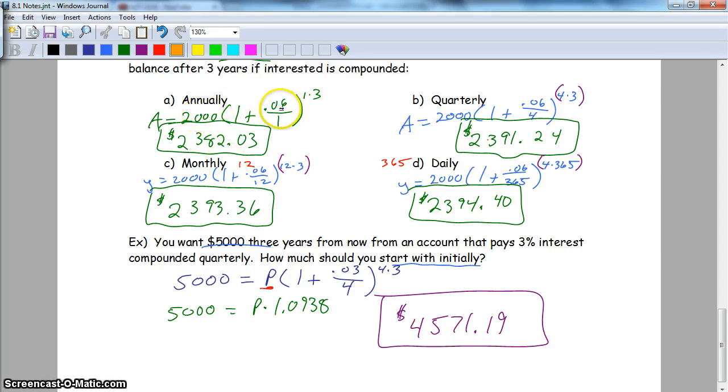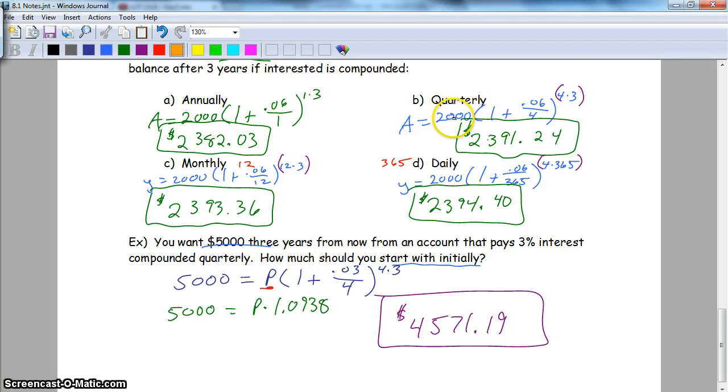So they're going to give me 6% after 1 year, and then they'll take that bigger amount. What is 6% of 2,000? That's right. It is $120, right? And then they'll give me another 6% at the end of the next year and 6% at the end of the next year. Where here, quarterly,